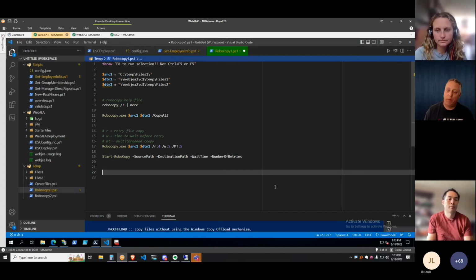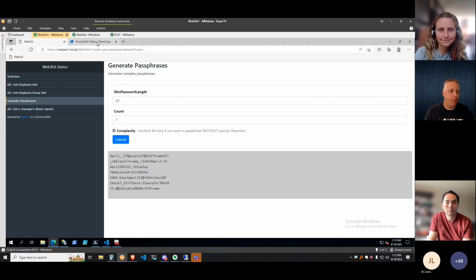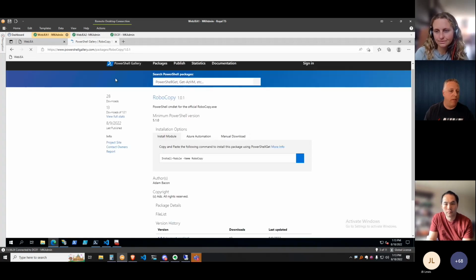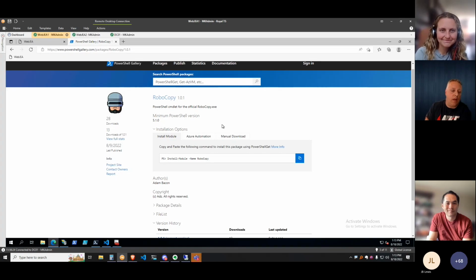I thought people might be interested in that. Unfortunately, Adam has not shared the repo yet. I haven't found it on his GitHub profile, so I'm guessing he's still got it marked as private, but it is available on the PowerShell Gallery. I think I have it open here. It's called Robocopy, and he chose a Robocop icon for that. It's just a simple install, and you're off and running. It's been pretty cool from what I've been playing with it. So I just wanted to point that out.